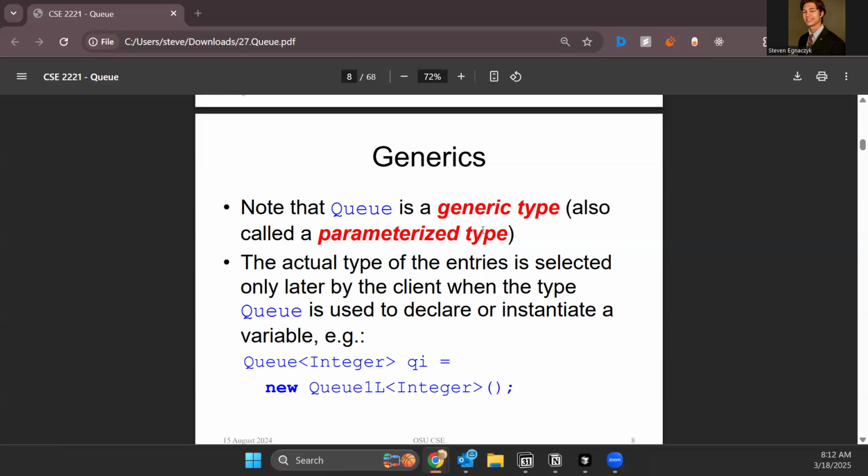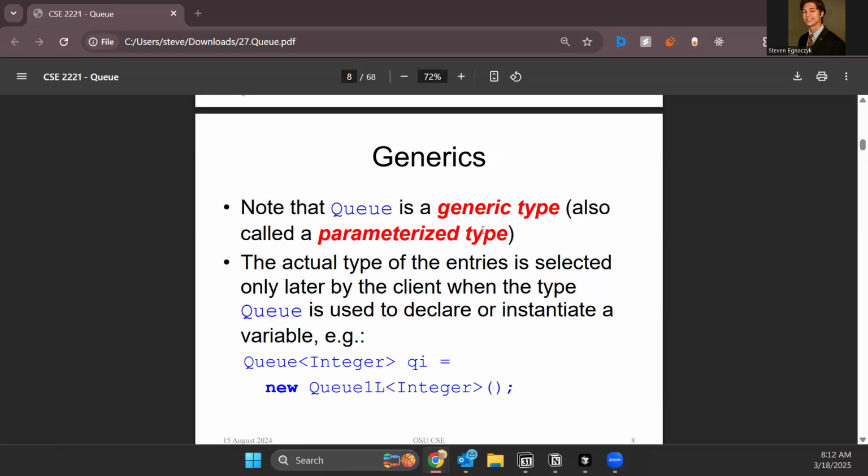In terms of defining queues, there is only one constructor, which is the empty argument. So there's no way to define a queue with already existent elements within it. The only constructor you can do is the empty one. But you could swap this out for, say, a String, and then it would be a queue of strings. Or you could swap it out for a Boolean, and it would be a queue of Booleans, and so forth. But we're going to go back to integers because there's an